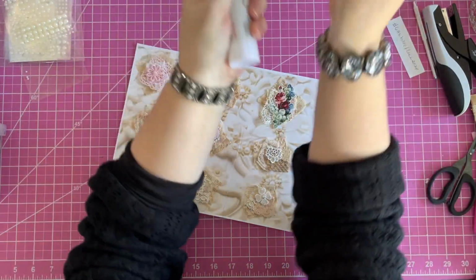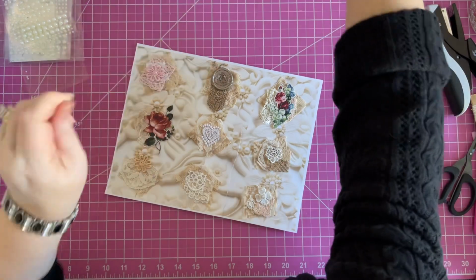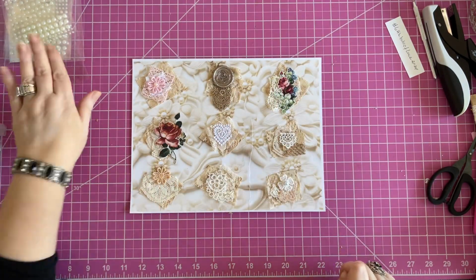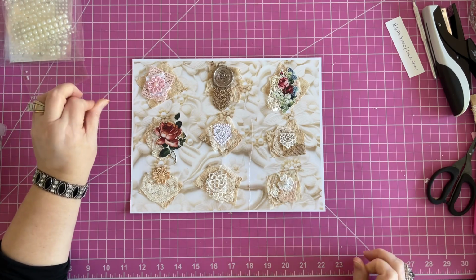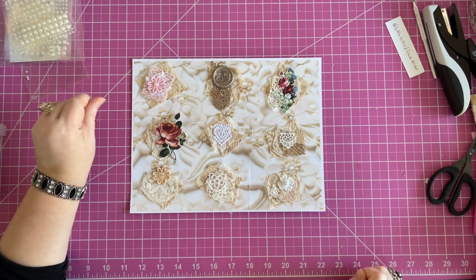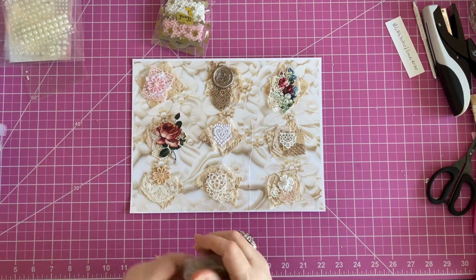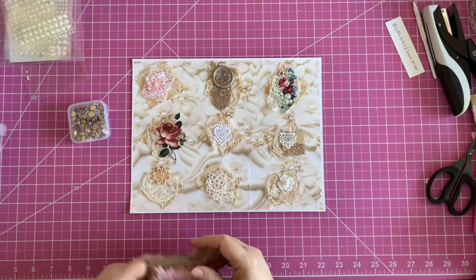I think we're done with these. I'm not sure. I think we are. This could use a big pearl, or what else do we have besides a pearl that could go in the middle of that? I have jewels. I don't know. These tiny little jewels. Oh, I found some more fun things. Ooh, look at that. Okay. I could put a little...